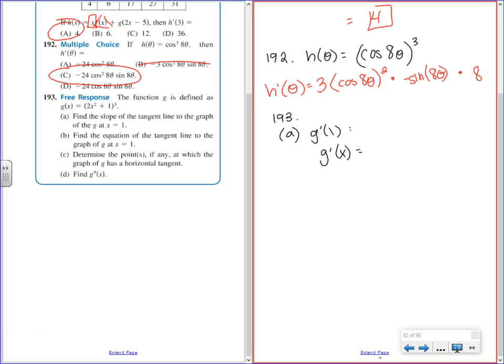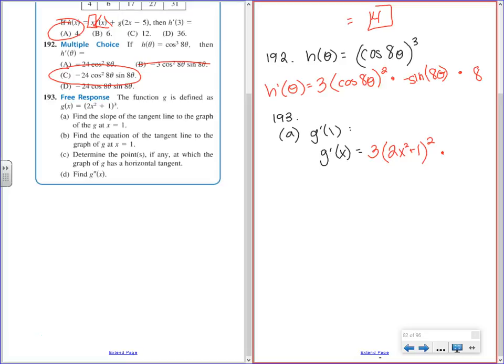Now he should look kind of familiar, because we just did somebody cubed in the last problem. So how do I take the derivative of somebody cubed? Power rule first, in the midst of a chain rule. Bring down the 3, keep the stuff the same. Derivative of the outside: bring down the 3, make it a 2. Times